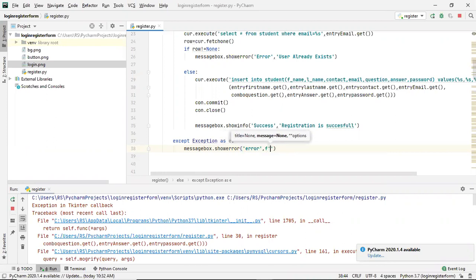Okay, and the error message, I'll write a message first. So, error due to, and then the variable name. The variable name has to be inside these curly braces. So the variable name is e. So you will be displayed with a message that error due to, and then whatever is inside this e variable. Whatever exception you get will be stored inside this e variable, and that will be displayed at this position. Okay, so this is how we receive the error here.